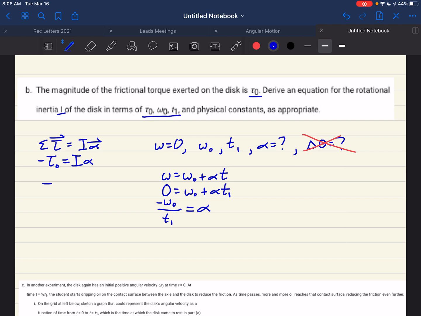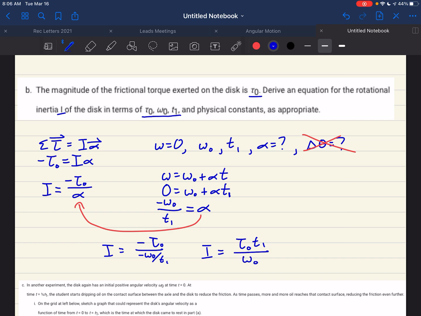And if we solve it for I, we get I equals negative tau naught over alpha. And then we need to put these two equations together by plugging in that alpha there. When I do that, that gives me I equals negative tau naught over negative omega naught over t1. And if I rearrange a little bit, the negative sign disappears. We've got tau naught t1 over